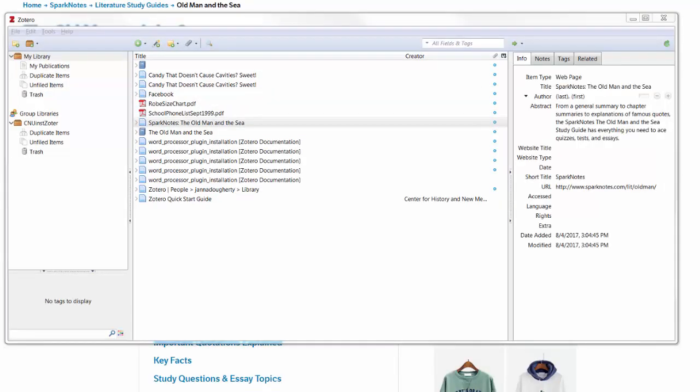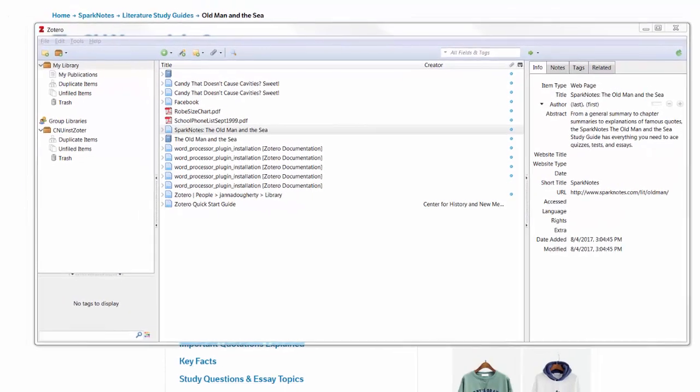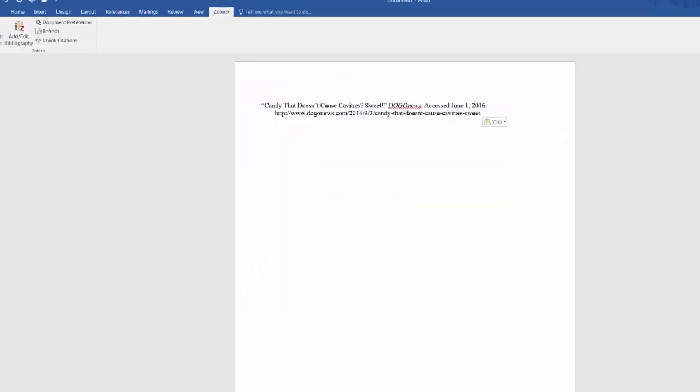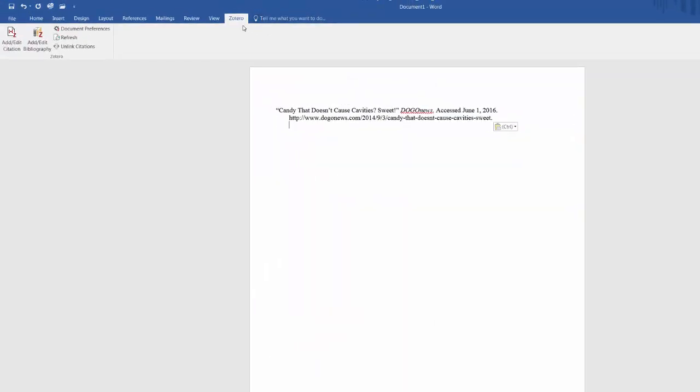The final connection Zotero provides is a direct link to Microsoft Word in the form of another plugin. The process required to install this plugin is a little more complicated, so we'll post an exact list of the steps you need to take below in the description. Once the tool is installed, though, you will see it in Microsoft Word in the form of another tab, the Zotero tab. Opening that tab will show you two tools, one for adding or editing a citation in your work, and the second for adding or editing a bibliography.